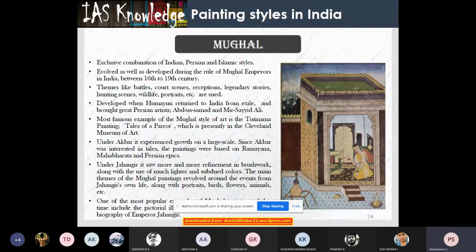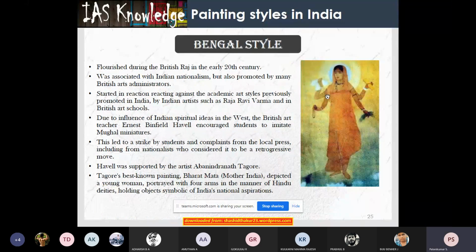Under Akbar, it experienced growth on a large scale, since Akbar was interested in tales and paintings based on Ramayana, Mahabharata, and Persian epics. He wanted a combination of these things, and that's why Mughal paintings became popular. And if you see the Bengal style,